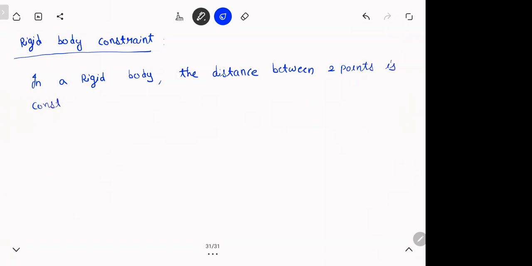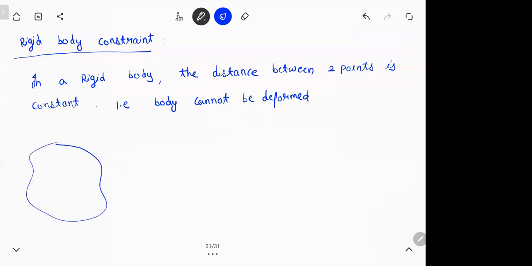So before going ahead with that, what's a rigid body? In a rigid body, the distance between 2 points is constant. It looks like a pretty simple definition, but it's a very powerful one. What is it trying to tell you? That the body cannot be deformed. You cannot compress the body, you cannot elongate the body, because if you compress or elongate, the distance will change, no? So literally, a rigid body is indestructible.